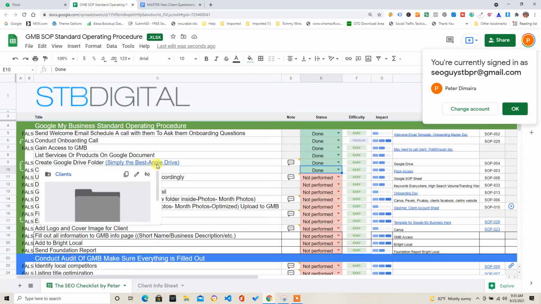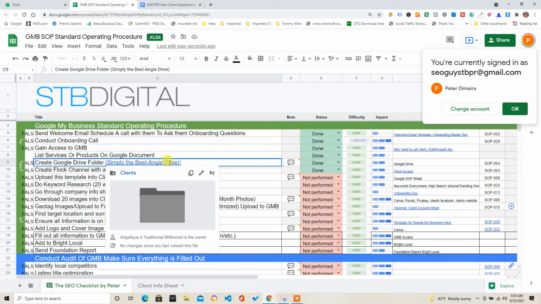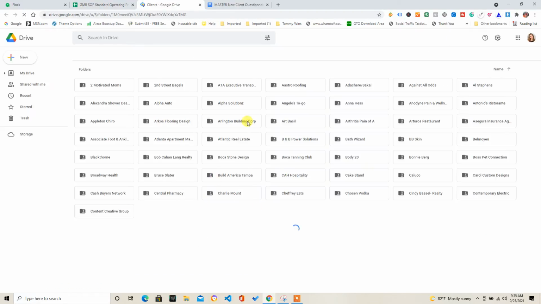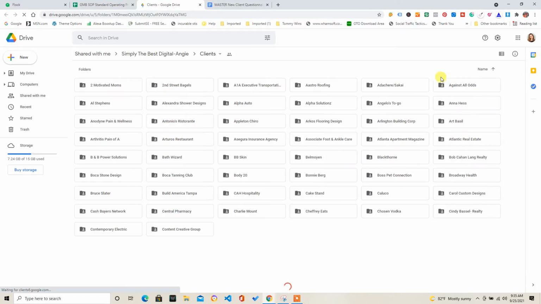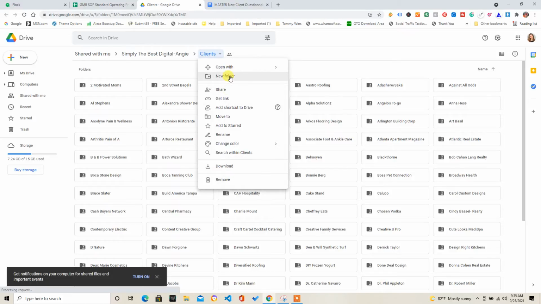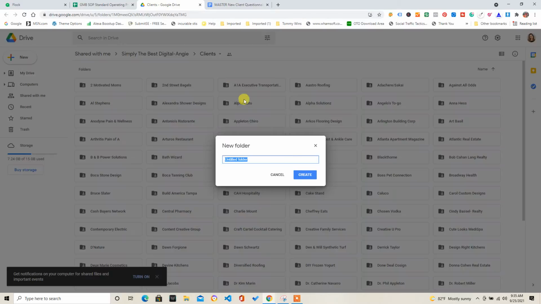Now, create a Google Drive folder. As you can see, we're going to click in here. And this brings you into the clients folder. Very, very simple stuff. Come here to clients, open with or new folder, create a new folder, and in that new folder, we go ahead and title it whatever the client's name is. Once we create this folder,